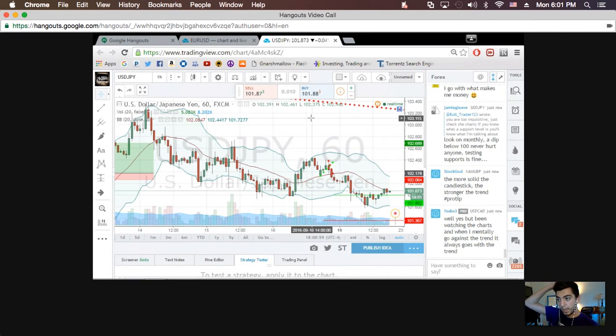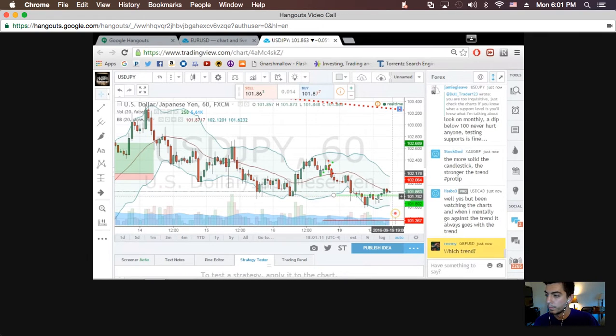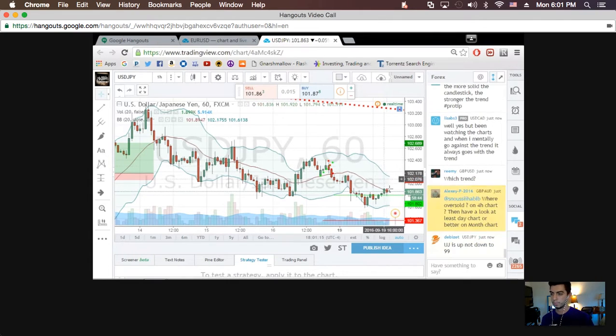So what you looking at? Looking at a USD JPY. That's cool. So I actually just opened a position. This is where I bought. This green line will represent where I bought, and because I bought, I want the trend to go up. And the U.S. dollar is very strong right now, so to buy the U.S. dollar in any pair would be a good idea.